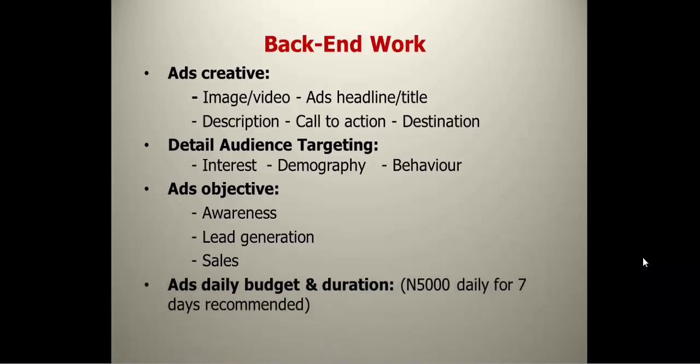So you must have settled this before you think about running a successful and profitable TikTok ad. And the next thing is, how much are you willing to spend on a daily basis as your ad budget? I normally recommend a minimum of 5,000 daily for a 7-day advert, because your advert will perform very well the longer it stays,